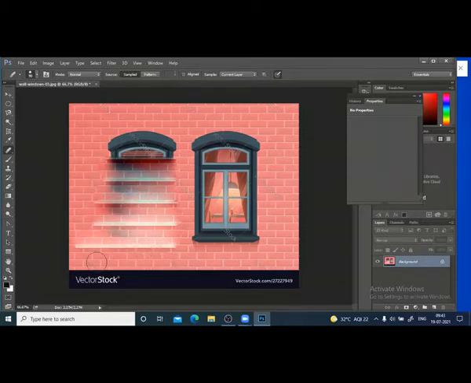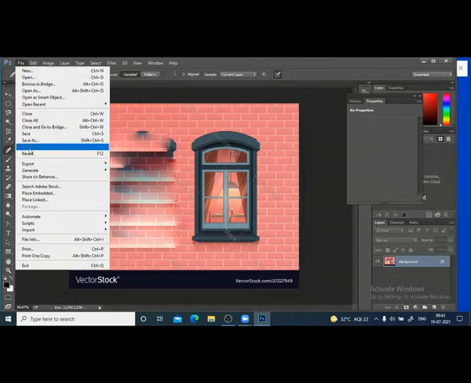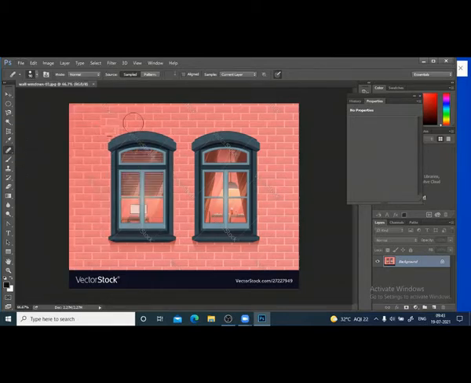See, the effect is not what we expect. I will undo this. That is revert. I used normal. What is happening is it is blending with this area. We don't want it like that.